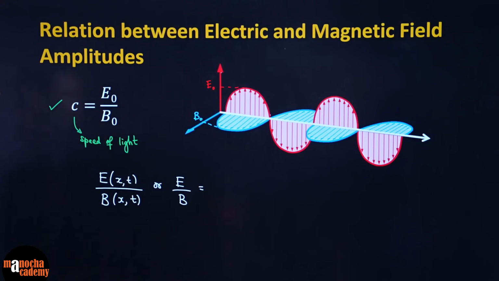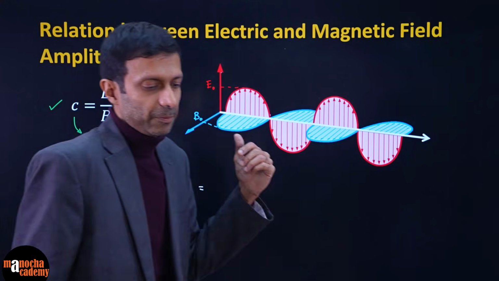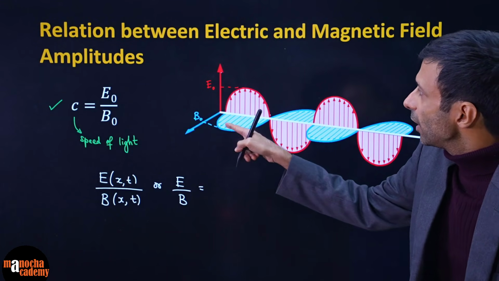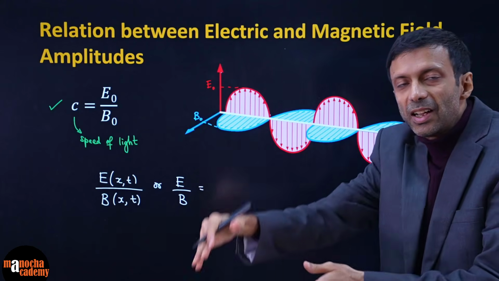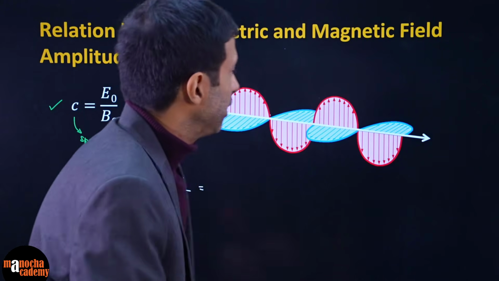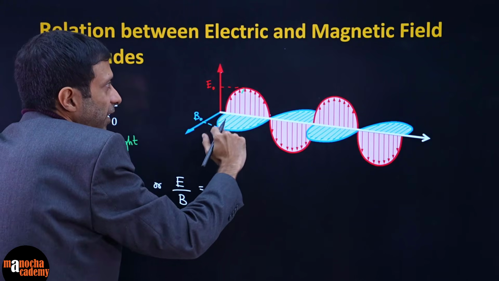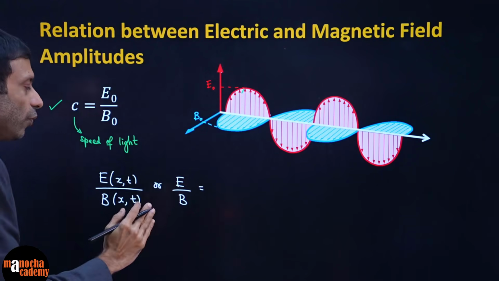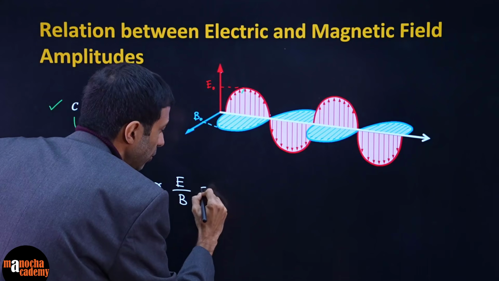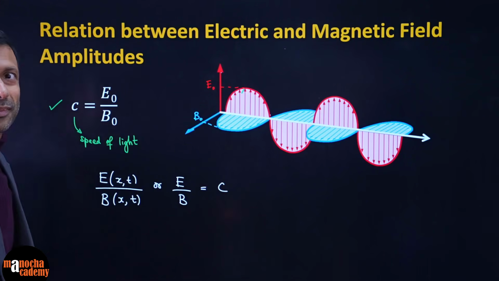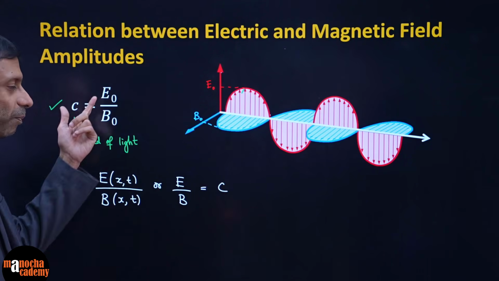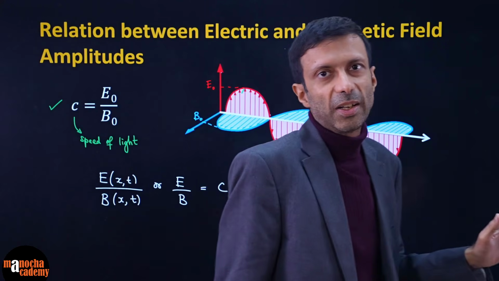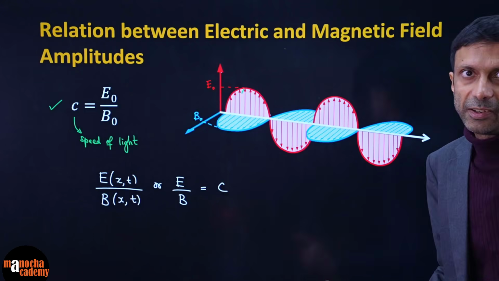What will it be? Tell me. Hint is, look at the diagram. See, the maximums are in this ratio. Can you see that both are dancing in the same phase, right? So if this by this, can you see when it is early also that same ratio will be maintained? So will you guys agree with me if I write over here equal to C? So they can ask you this also. Maximum of course is very useful, but even at any x comma t, the same ratio will be maintained.